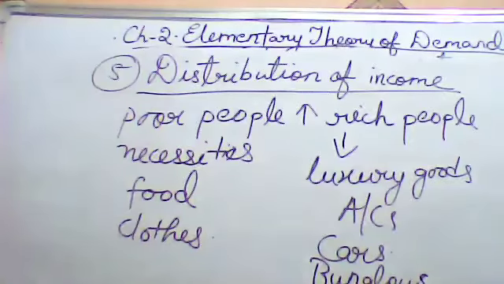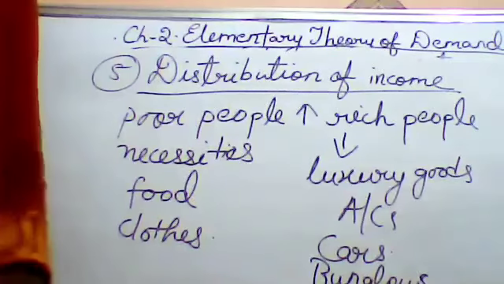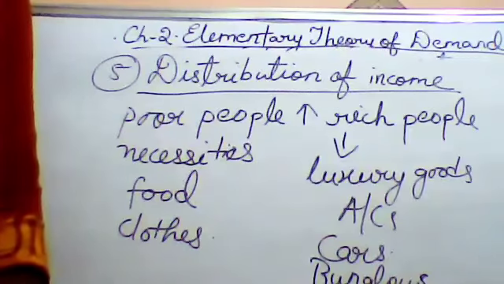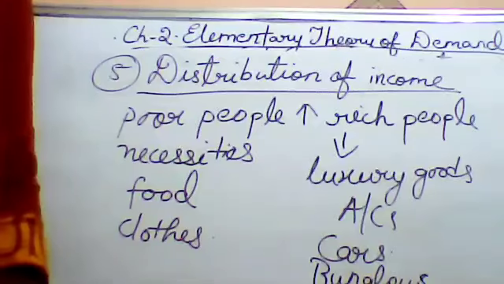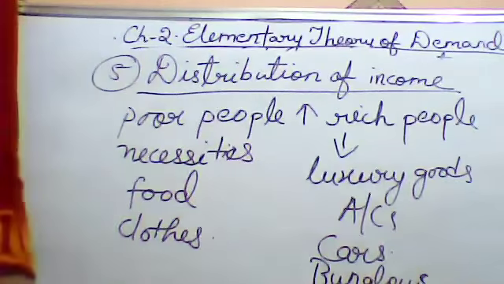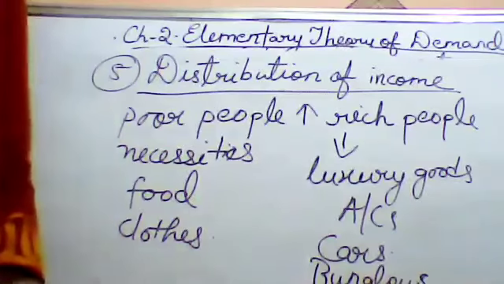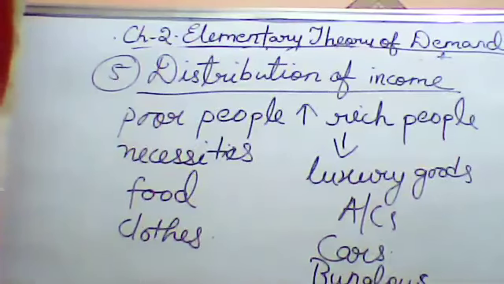Now, children, in population, what do you have to remember? Which thing I told you to remember to write? One is, with an increase in population, the market demand will be more. With a decrease in population, market demand will be less. But one more thing, what do you have to write? Season and weather, what will you write? The goods demanded vary from season to season, according to the season and weather.